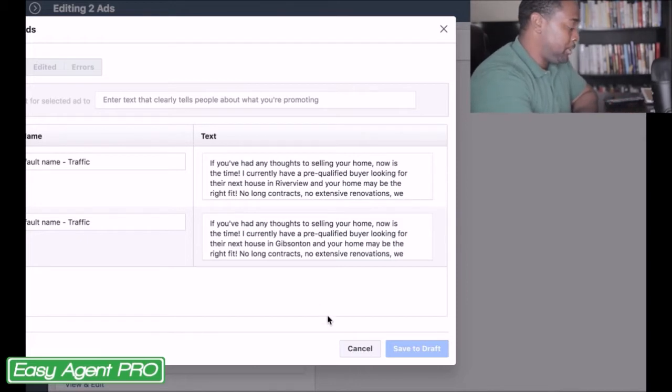Only thing I'm going to be doing is making an addition to the level of house that I'm going to be targeting. But this is something that has been working very well for me, and it works in two separate ways. One, it garners a lot of interest from people that may have thought about selling their home. And with the market being so crazy right now, if they've ever had any thoughts about selling their home, instead of sending a whole bunch of direct mail out to a certain neighborhood or anything like that, all I have to do is